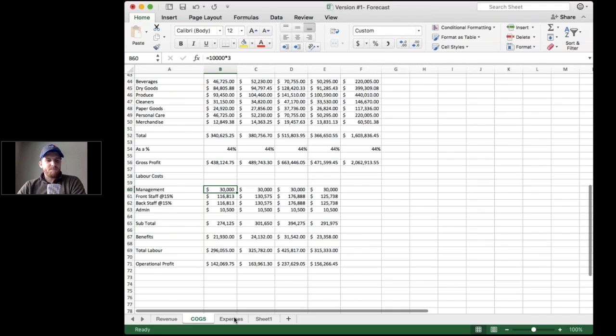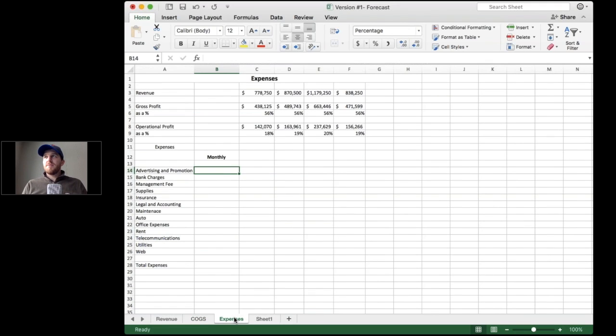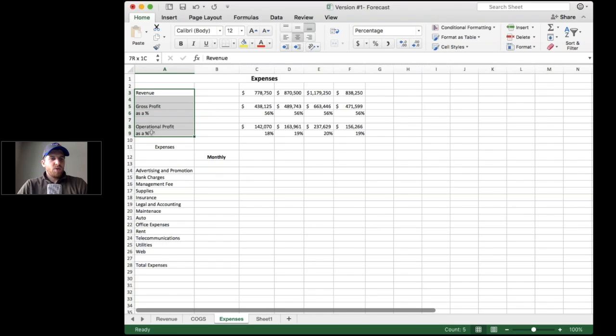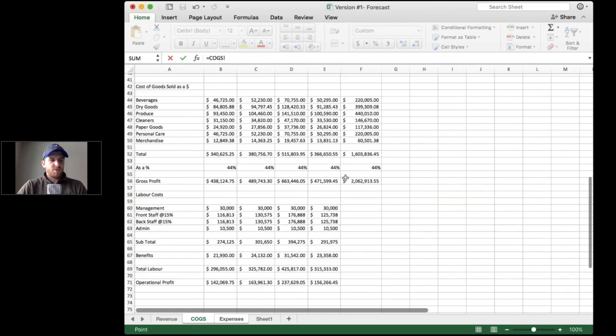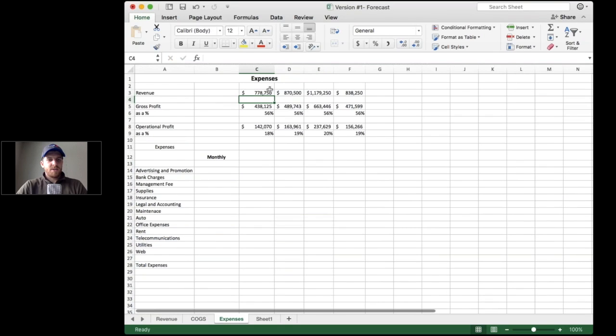Once you've done that, you can go back to expenses, and as you can see, my numbers are a bit up. All I've done is increase my average spend just so I could show a profitable business to you all. So what I want you to do is create a new sheet called expenses, put a title on it, and bring over your revenue, gross profit, and operational profit from your cost of goods sold worksheet. Simple enough, I'll show you guys. All you're going to do is go equal to, over to your cost of goods sold, hit revenue, enter. Drag that across. And gross profit, same thing, equal to,